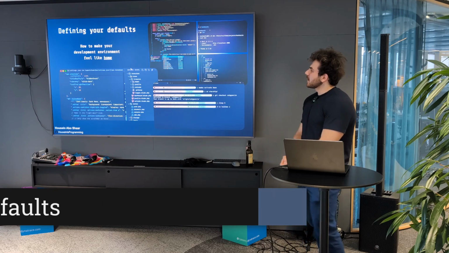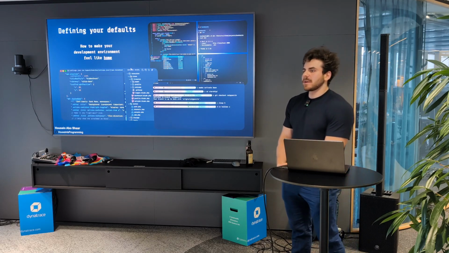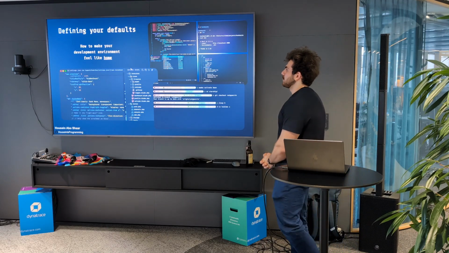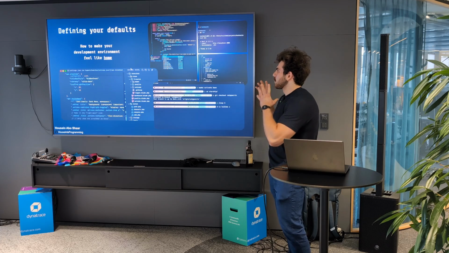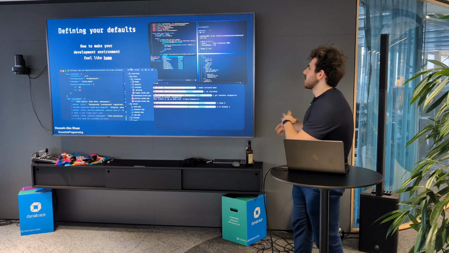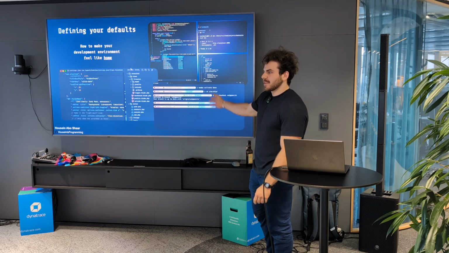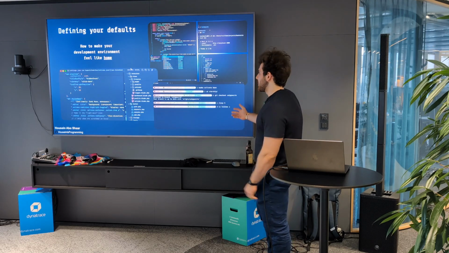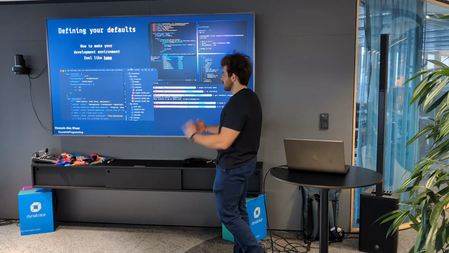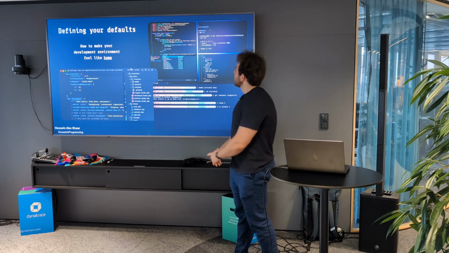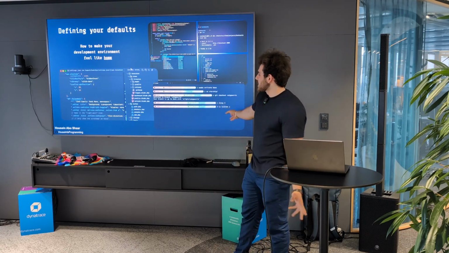Defining your defaults and how to make your development environment feel like home. First of all, what do we see here? This is just a bunch of screenshots that I took randomly from a subreddit about customizing your own developer environment. And the first thing that we see is that